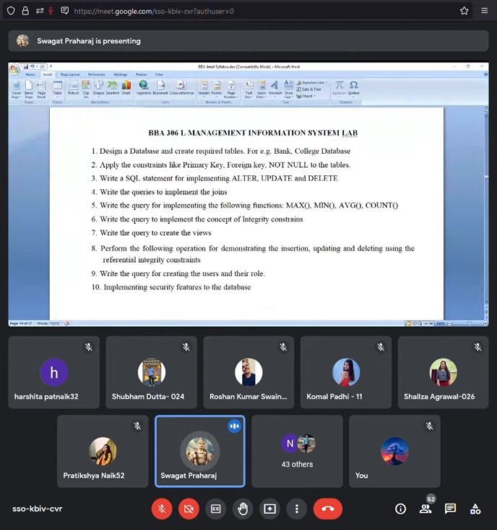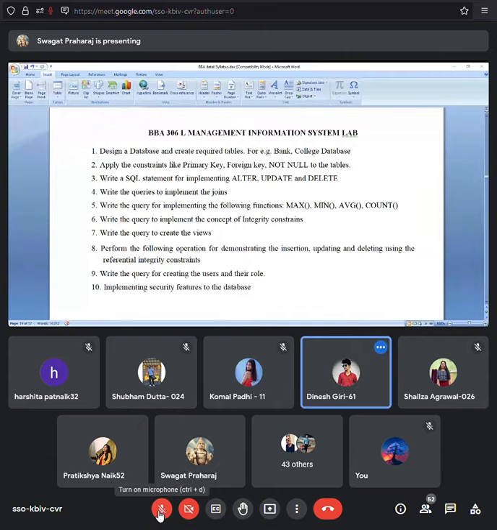Similarly, if I ask you whether a student can be an entity or not, yes, in that sense, the student can also be an entity. Now, a student has certain characteristics, and based on those characteristics we can say, okay, these are the characteristics of a student. So can you tell me what would be the characteristics of a student entity?